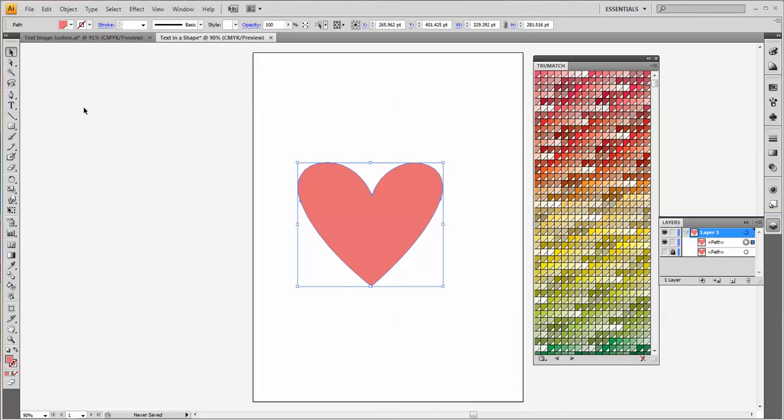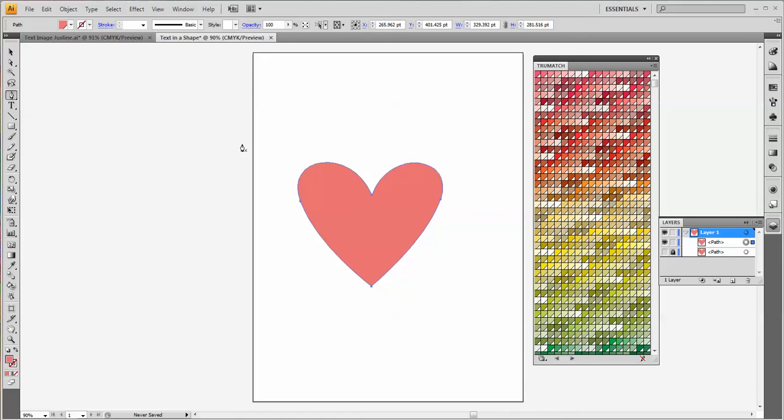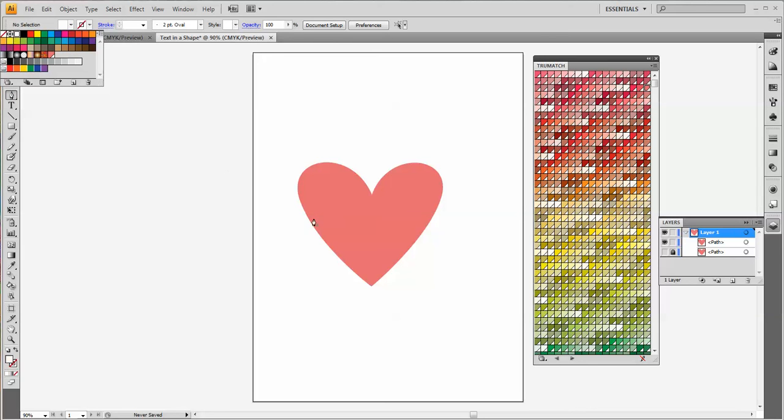Okay, so I am going to get the pen tool again and change the color to, it doesn't really matter, I'll just choose white. Oops. So you can see I had the heart selected, so I'm going to push Control-Z. I'm going to click off the heart. Now let's try that again. Pen tool, change the color to white,